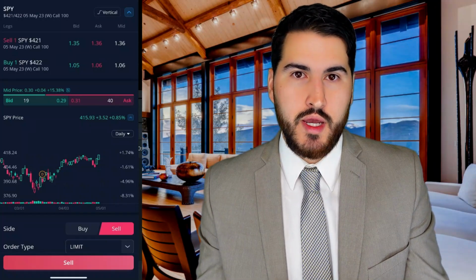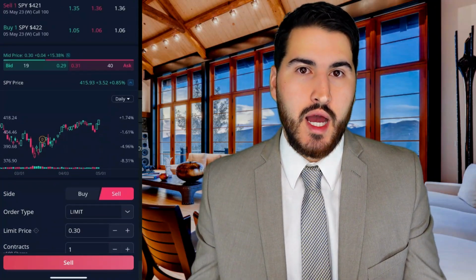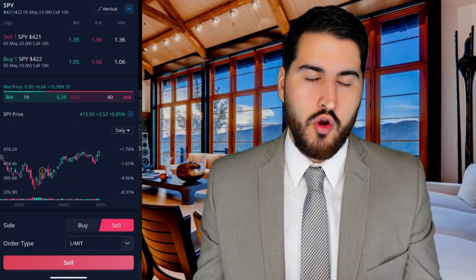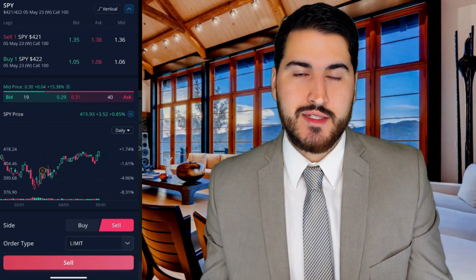And if the SPY was to remain below 421 for the end of the week, we would keep all of that money. Worst case is if the SPY was to get to 422 or higher, we would have to close out the spread, which is $1, so $100. So we would owe $70. So essentially, our risk here is less than our potential reward, but the levels of probability are much higher with